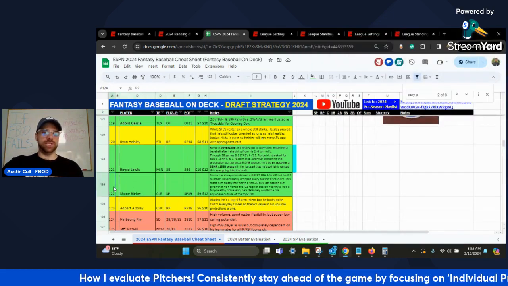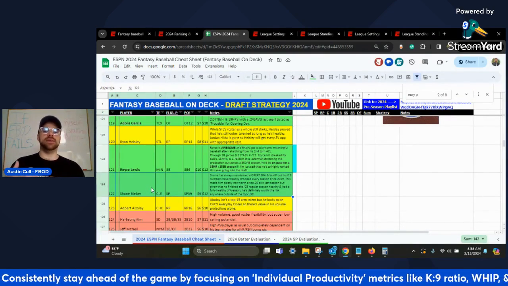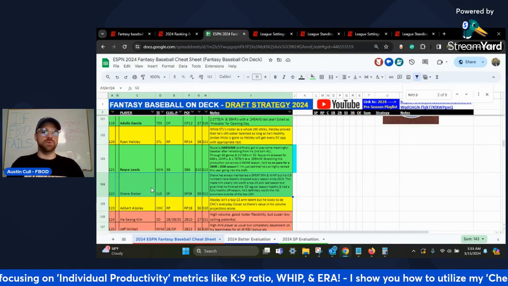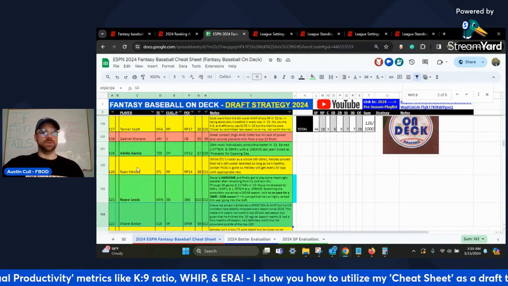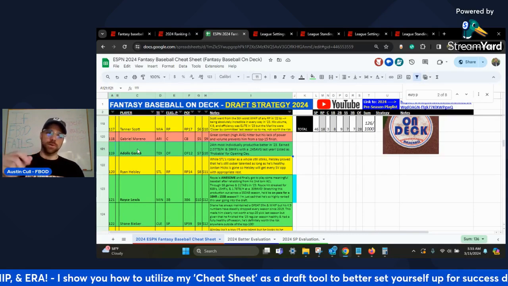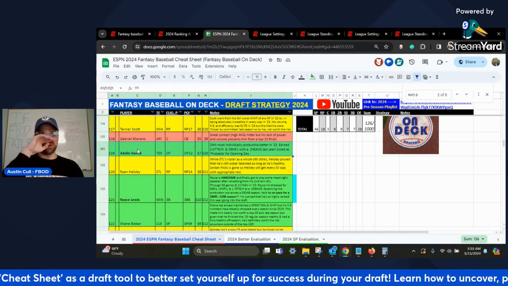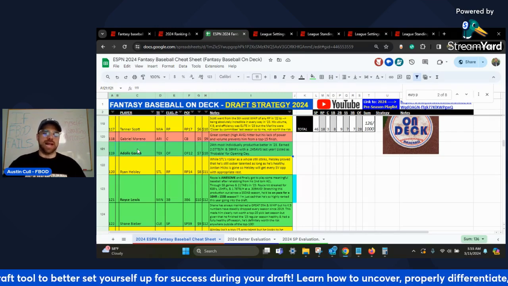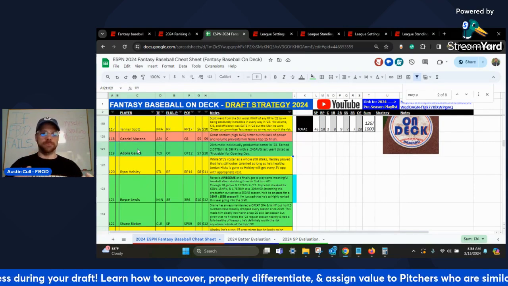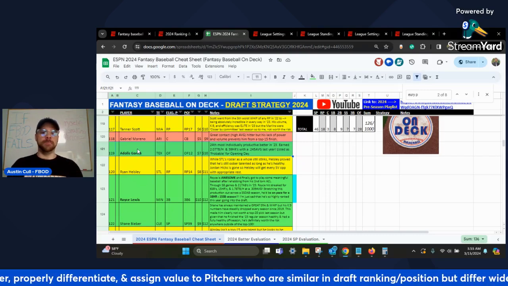Green, like Shane Bieber right here. Green with no bolding is just a player that I think you could be confident in drafting at that spot. I think they're a good value for where they're at. Adolis Garcia up here is green but bolded. Green plus a bolded name means they're an extremely good value for where they're at. I think Adolis Garcia should absolutely be a top 100 player. Therefore, I'm going to bold him and know that he's somebody I plan on maybe even reaching for